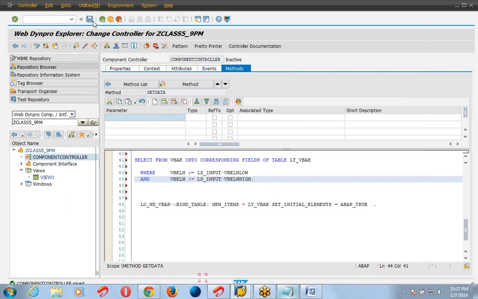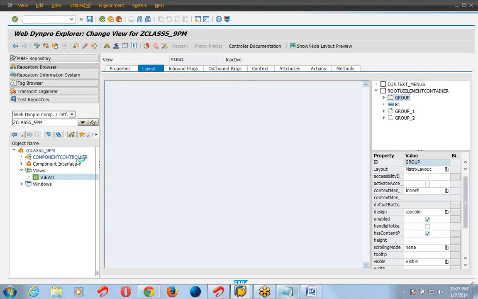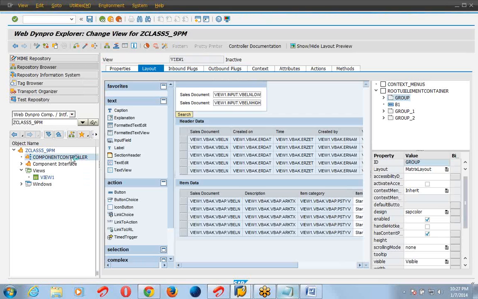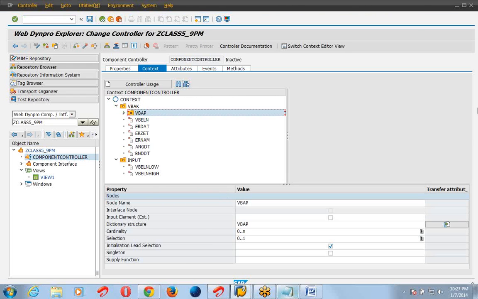How to create a supply function? To create a supply function, for the node whose data I want as item data, I have to create a supply function. Go to the component controller. Select the VBAP node. Here the supply function is there.